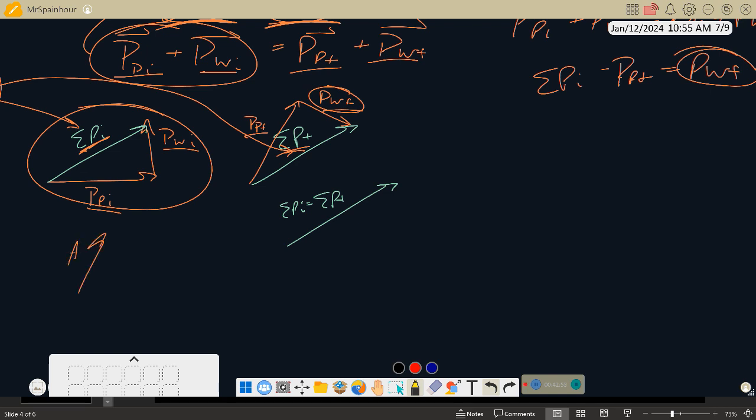Correct. If this is A, how do you get negative A? So the size is exactly the same. What's the only thing you have to change? The direction, by adding or subtracting 180. So we said that the